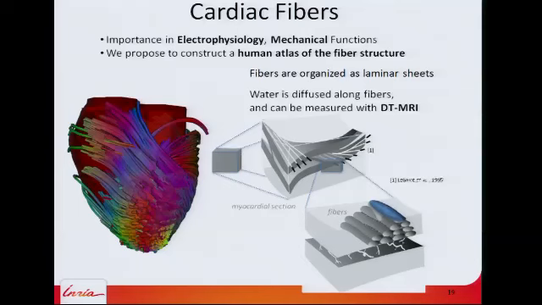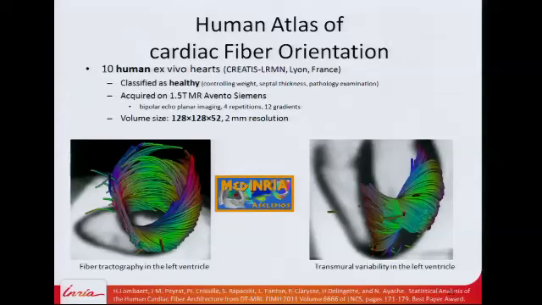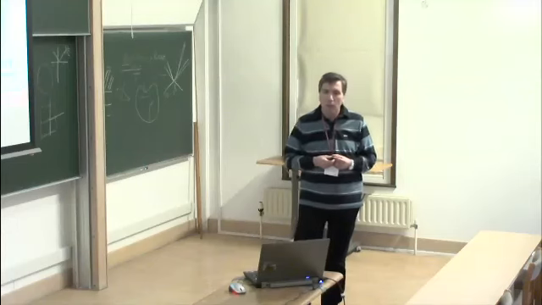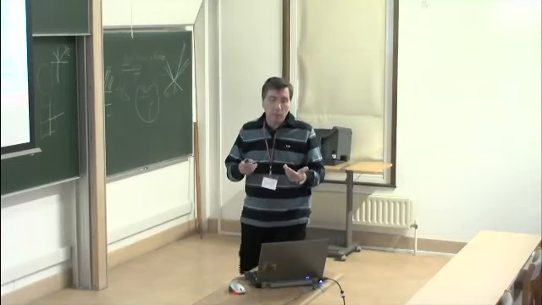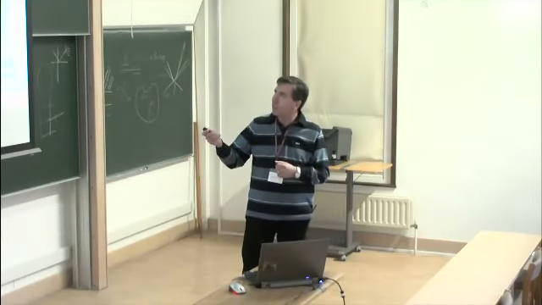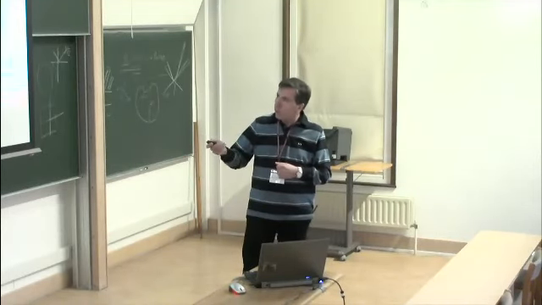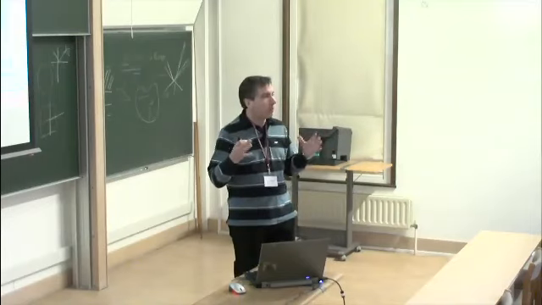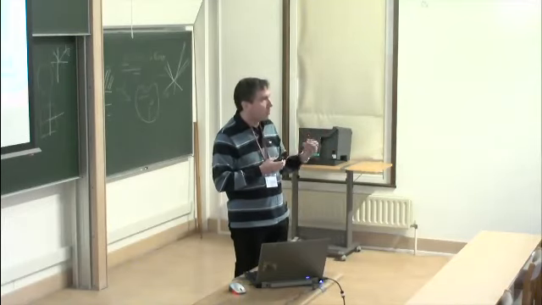And this allows us to have some knowledge about the fiber architecture in the heart. And we have recently built an atlas, actually the first atlas of a human fiber architecture based on 10 data sets,